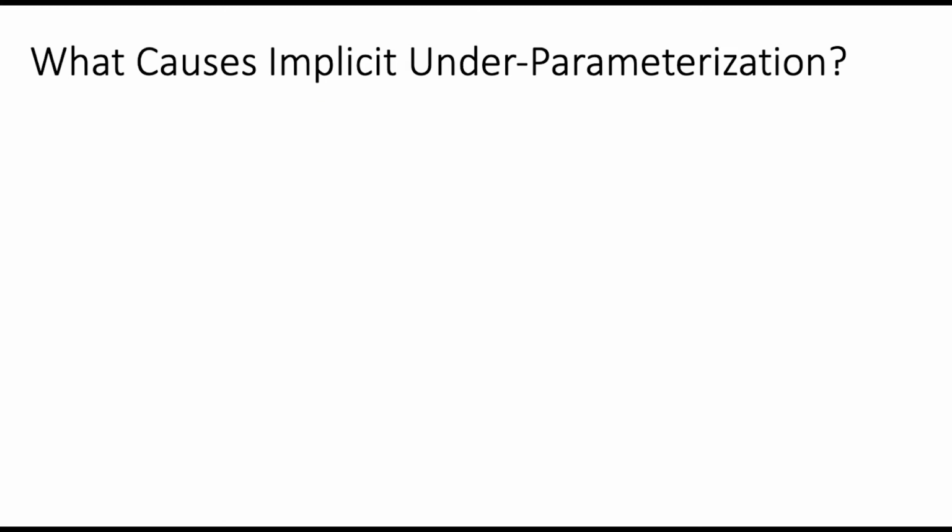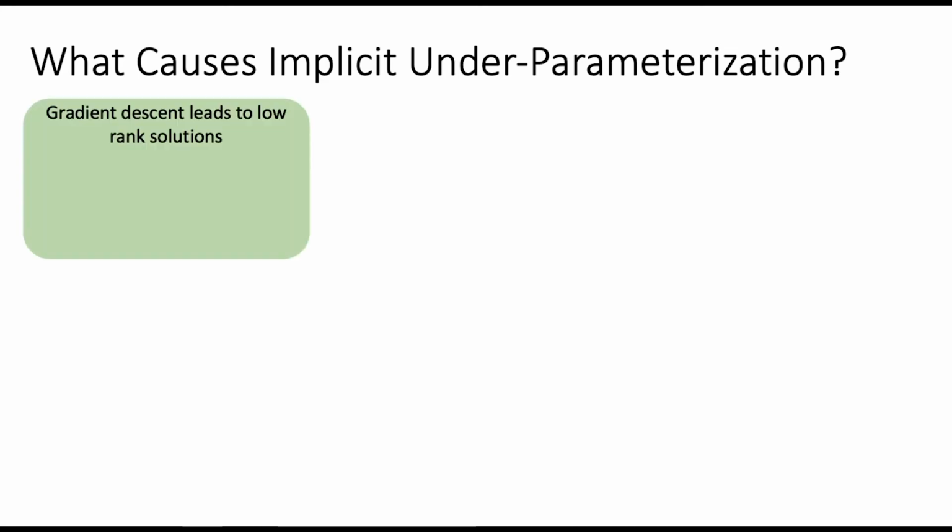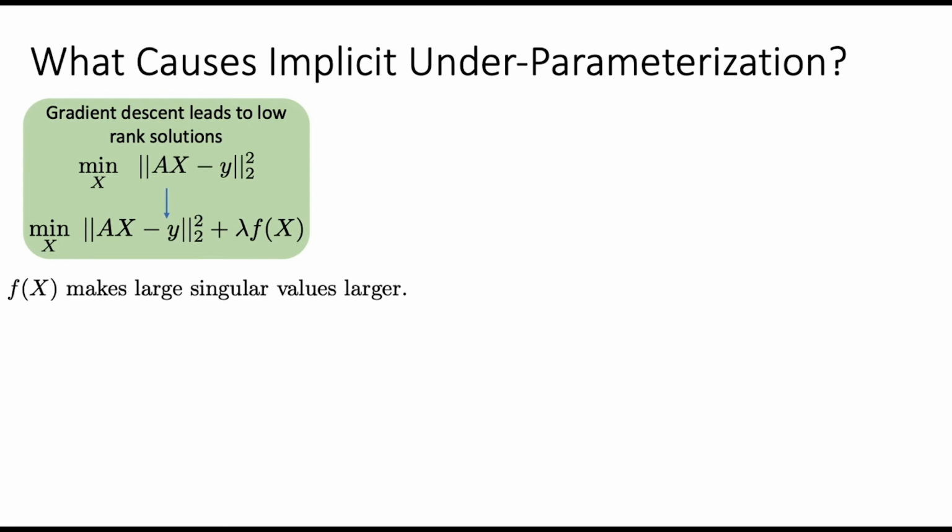Okay, so now we'll understand what causes implicit under-parameterization from a theoretical perspective. Our theoretical analysis is based off of this observation that in a supervised learning scenario, gradient descent leads to low rank solutions. So gradient descent has an affinity towards regularizing the parameter x to be of low rank, which technically implies that the larger singular values of x grow disproportionately as fast as compared to the smaller singular values of x. And so the larger singular values of x would end up becoming too large by the end of